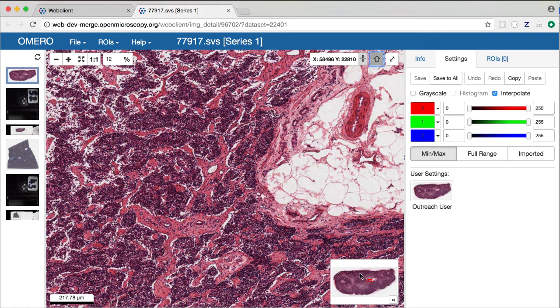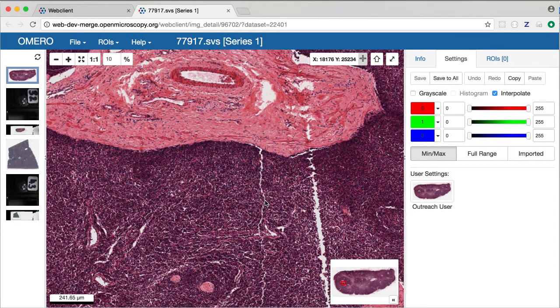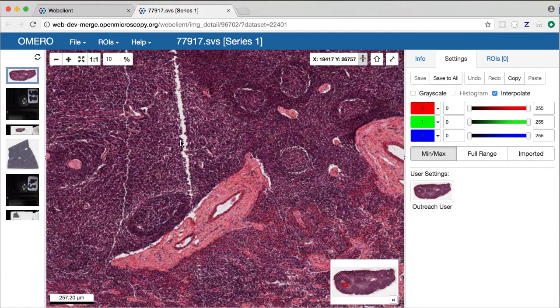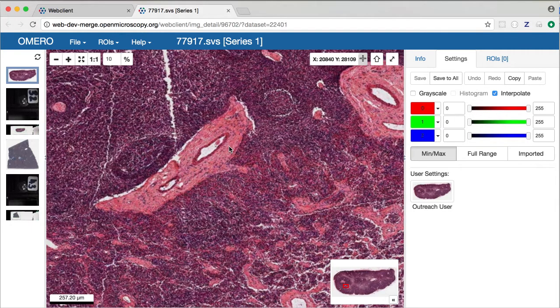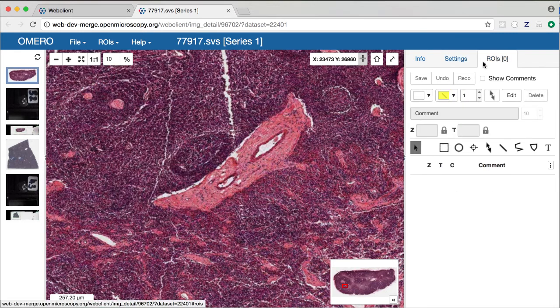I can use the bird's eye view here to pan around the image, and let's zoom in on some features here. I'm going to select the ROIs tab on the right here, and let's choose a slightly thicker line width and the Polygon Tool. And I'm going to start just by outlining this shape, and here I'm clicking for each point